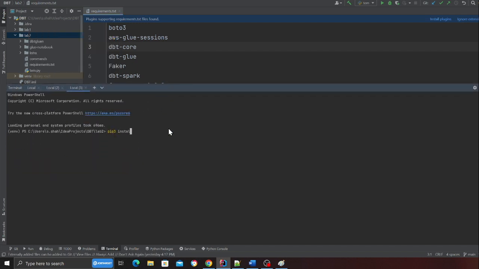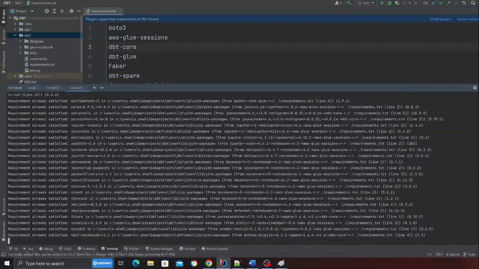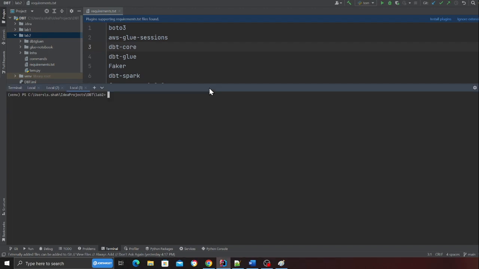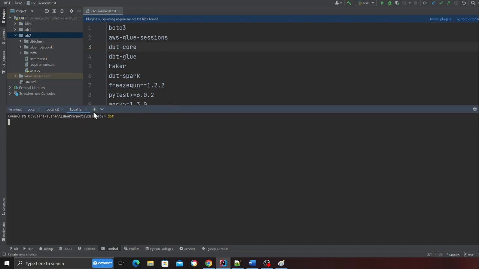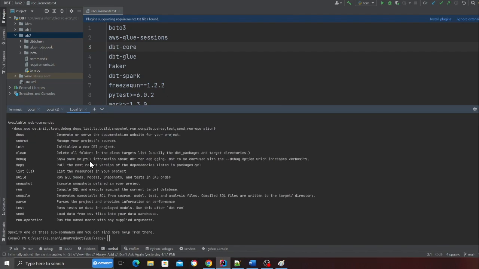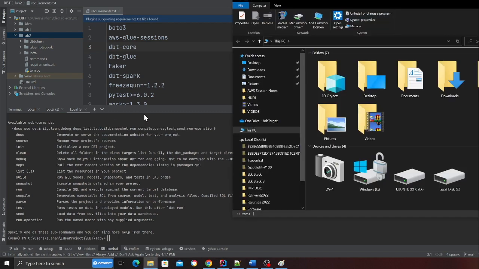You can do that by saying pip3 install -r requirements.txt, and all the dependencies will be installed. After that, make sure you can run the command dbt on the console, and you should get certain output here. If that works, then now go to your computer and go